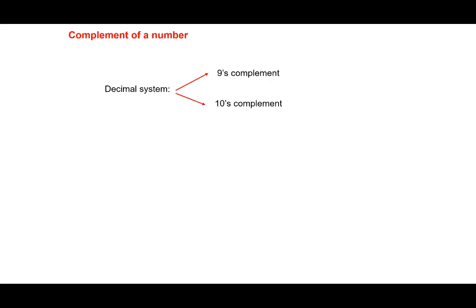So in decimal system, we can use the concept of what is called 9's complement and 10's complement. Okay, so what do we mean by that? 9's complement of an n-digit number x is 10 to the power n minus 1 minus x here. Let's say there's a 2-digit number, and 10 to the power n is 100 minus 1, so it's 99 minus x here. All right, so x is, let's say, 30, so 99 minus 30 will give us the complement part here. Whatever remains from the maximum 2-digit number, which is 99 here, is what is called the complement